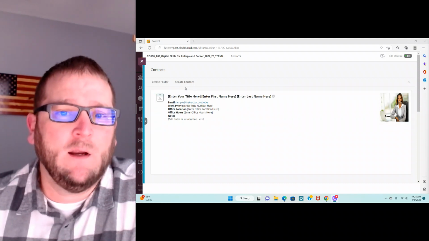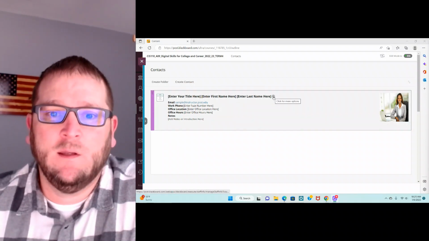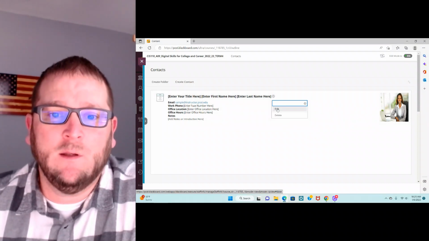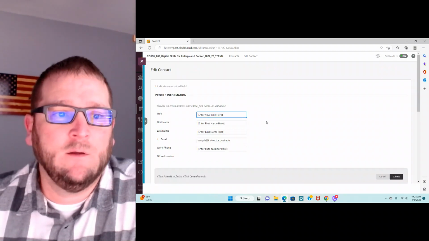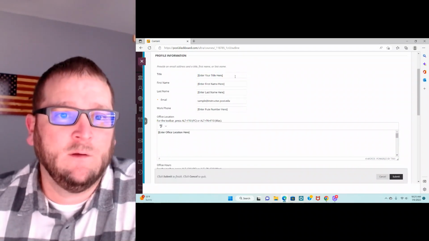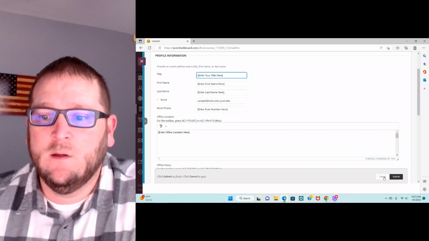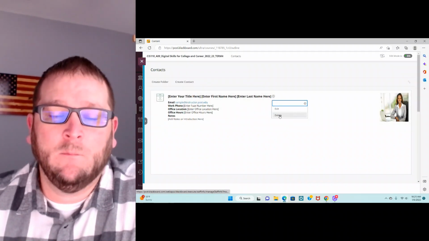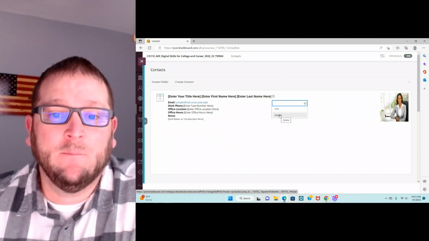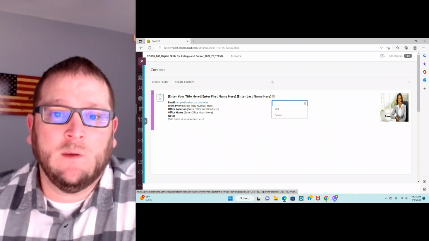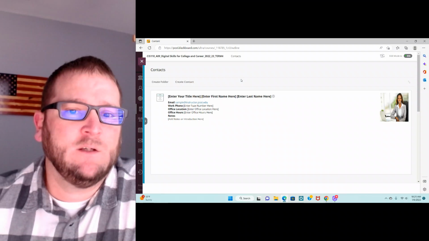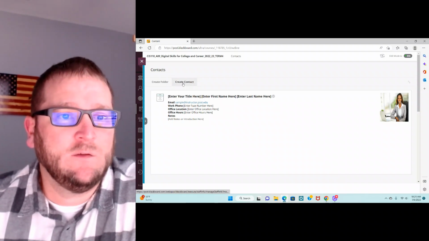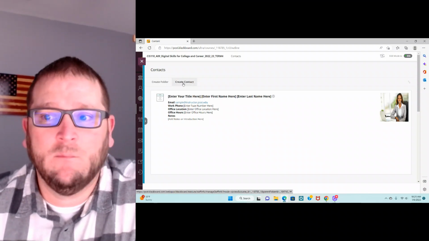We're going to create our own contact, and what we could either do is, by clicking on the drop down arrow here, you can edit it or you can delete it. I'm going to click on edit, and you can see that we just basically replace our information here, and then we could submit it. We could delete it rather, and just start with a brand new contact. So I'm actually going to leave that one in place just so that I'm not messing up the sample on